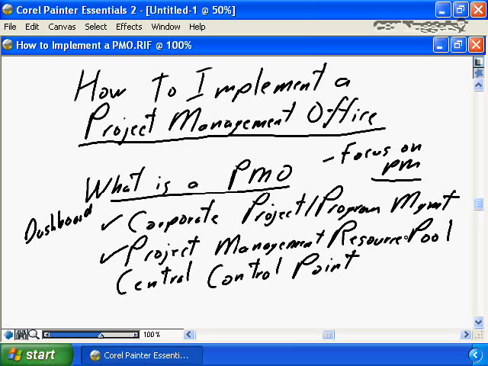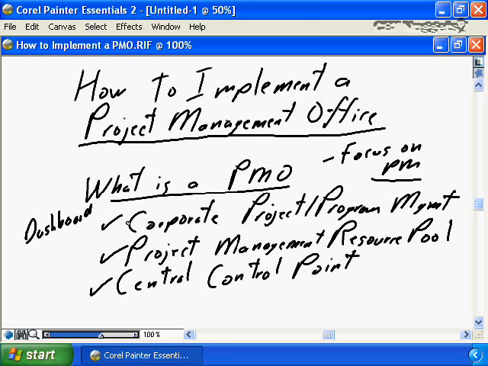When the organization needs a project manager, they go to the PMO and the project manager is assigned from the PMO. When the project needs a team leader, when the project needs a project coordinator, all of these resources are staffed from the project management resource pool. And sometimes the PMO actually owns projects. Projects are initiated and handed off to the PMO, and then the PMO becomes the central control point for project